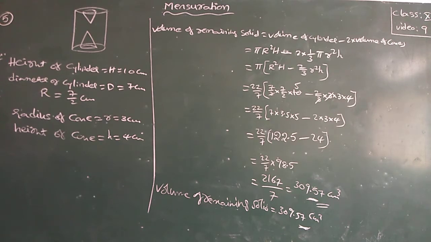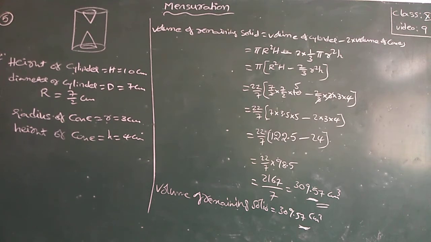Volume of a cylinder is pi r square h minus 2 into volume of a cone, which is 1 by 3 pi r square h. So pi you will get common, 22 by 7, into 7 by 2 into 7 by 2 into 10 minus 2 by 3 into 3 into 3 into 4. 2 5s cancel. 3 cancel. 22 by 7. Since you don't have any other denominator, 7 by 2 I wrote as an extra step,